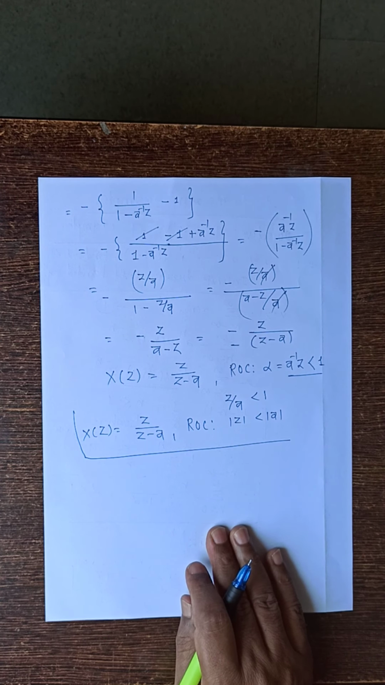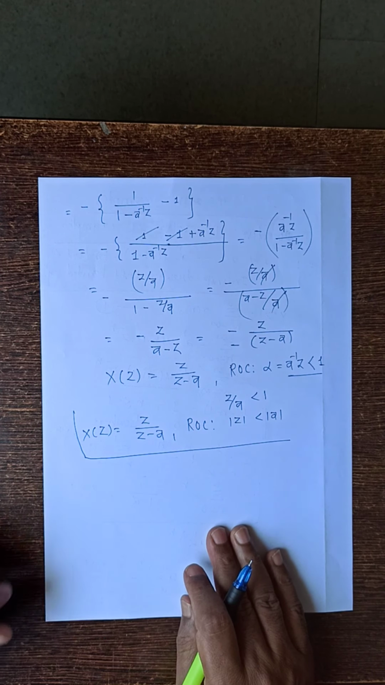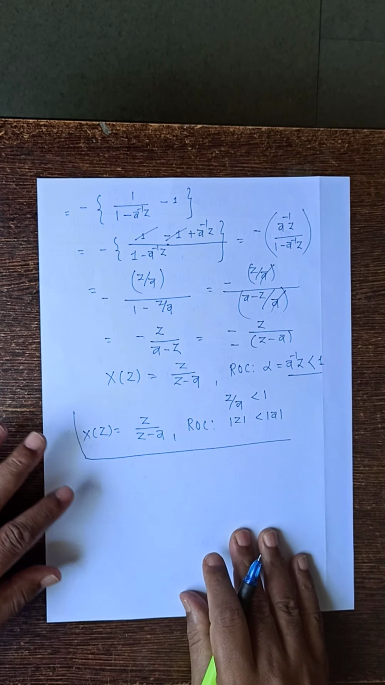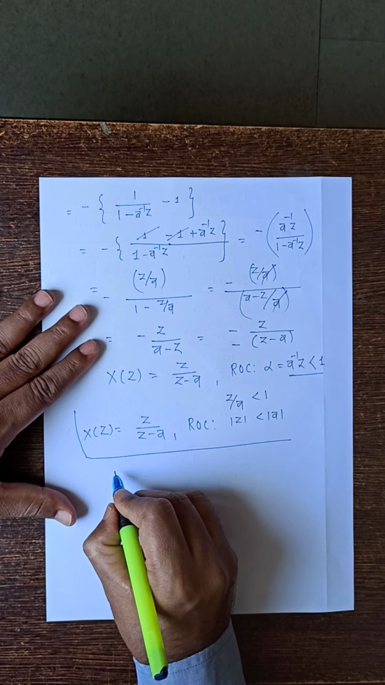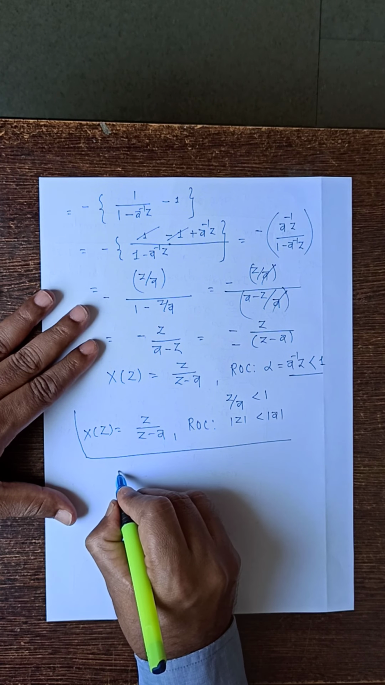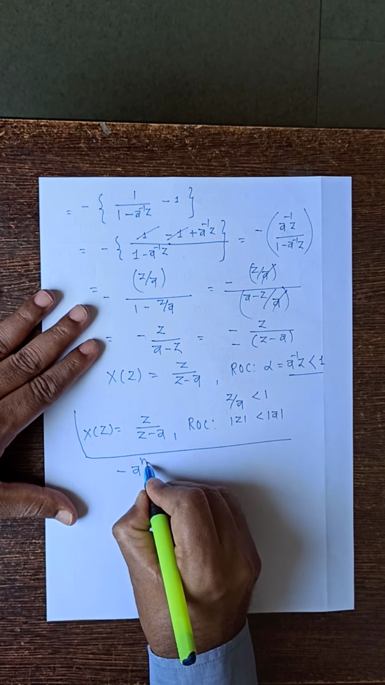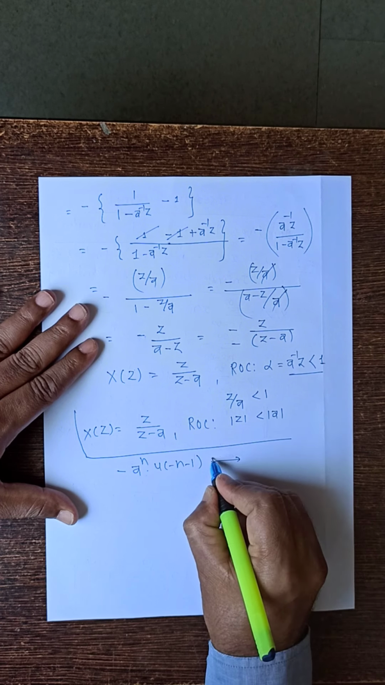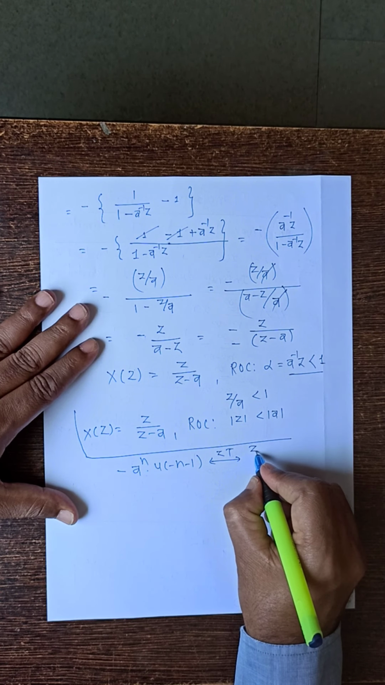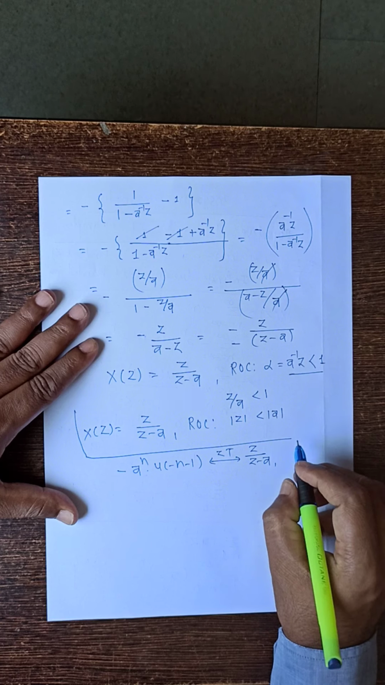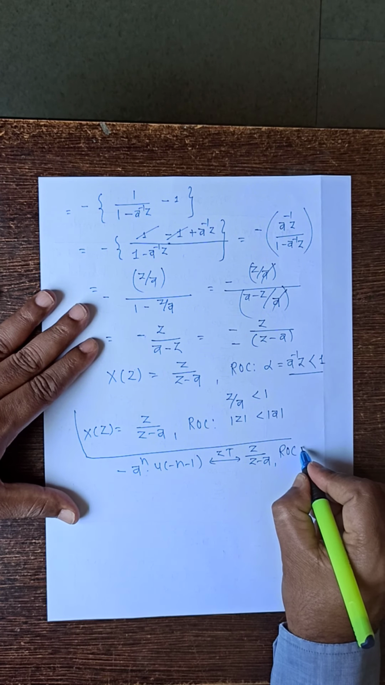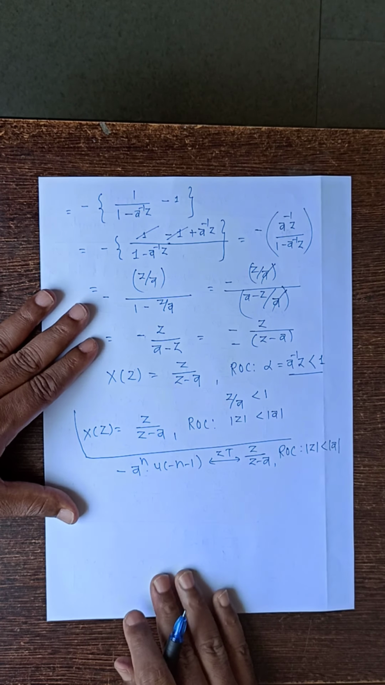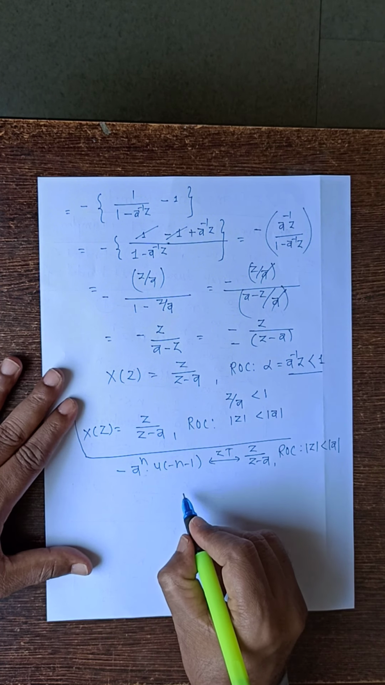So this is the z transform of a left-handed infinite duration sequence. Or you can say, for minus a raised to n into u of minus n minus 1, its z transform is equal to z divided by z minus a, with ROC magnitude of z less than magnitude of a. Okay, so we can